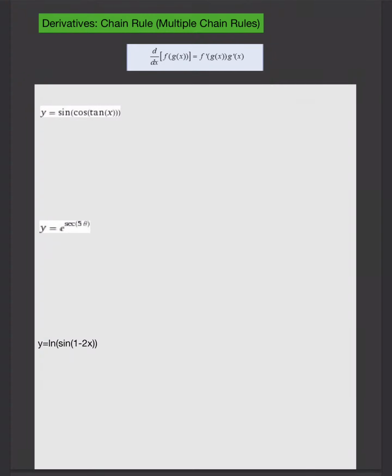Hey guys, today we'll be looking at chain rule derivative examples. For these examples, I'll be focusing on doing the chain rule multiple times. I'll make a few other videos for chain rule with the product rule and quotient rule, and chain rule with the power rule. So right here is our basic chain rule, and all it means is if you have a